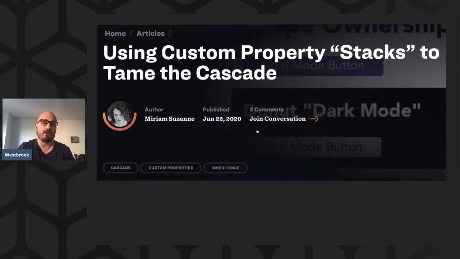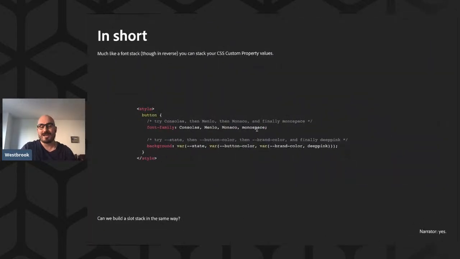So I don't know if you follow CSS Tricks, or maybe you follow Miriam Suzanne, who has definitely the best CSS tricks that I've seen. But just last month, she published this article called "Using Custom Property Stacks to Tame the Cascade." And I think this is a really interesting technique for being able to leverage CSS custom properties, which I think